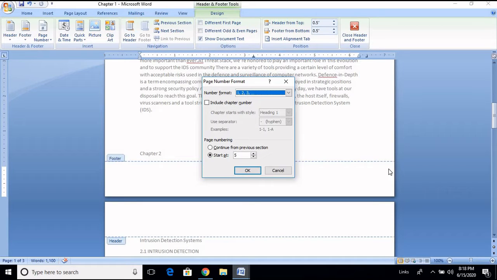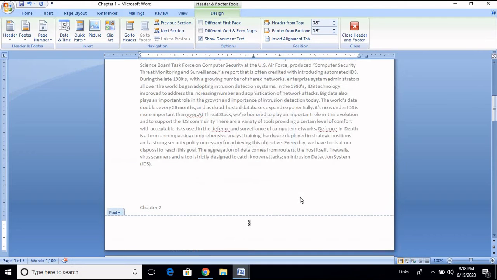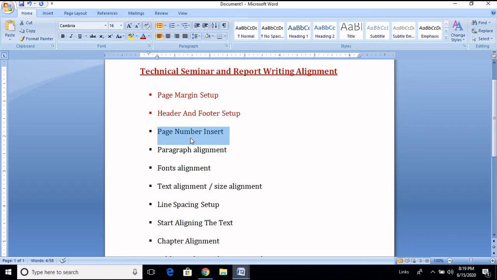In a few Word documents, page numbers will be in ABCD or in Roman letters. Here you need to select the number format. By default we have 1, 2, 3. Suppose it is ABCD, you come and select 1, 2, 3. Automatically your page number will change, and from where you want to start, it will go on from that. Instead, if you want to have ABCD, just change it. So with this, the page number insert work is over.